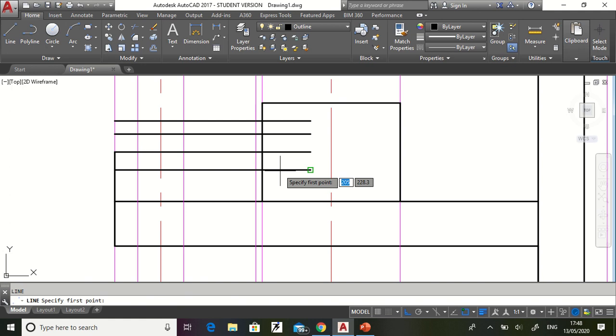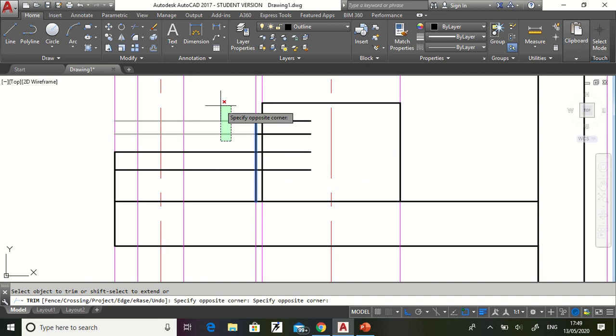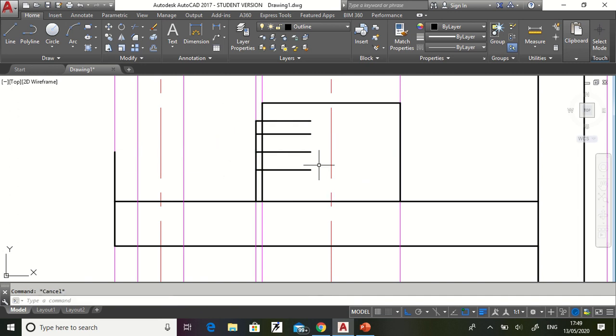Then see what we can do: only the line is available from this to this, and the rest of the thing is getting cut. So we will trim it. Trim up to this, enter, all these lines, and trim up to this, all these lines.